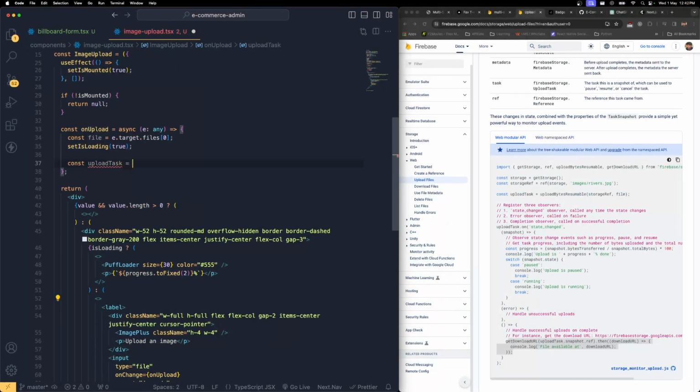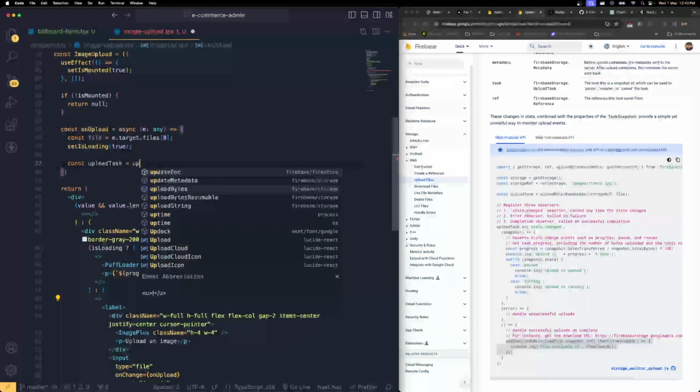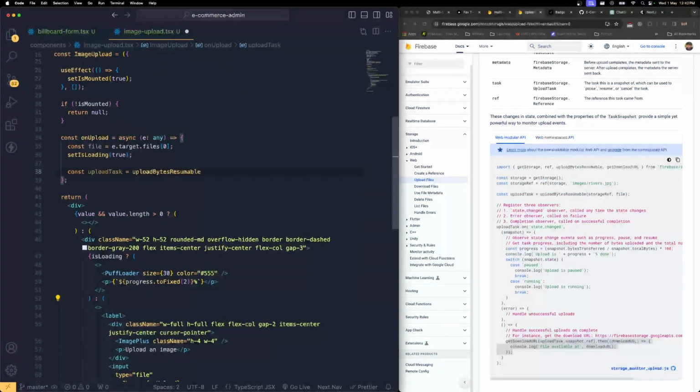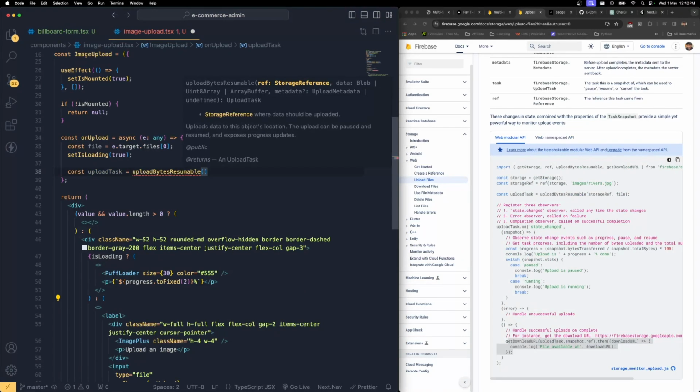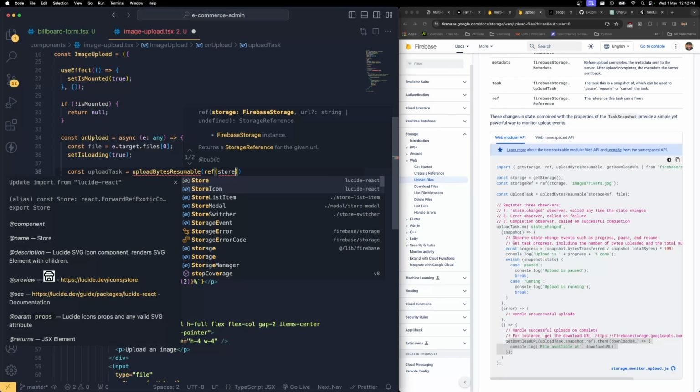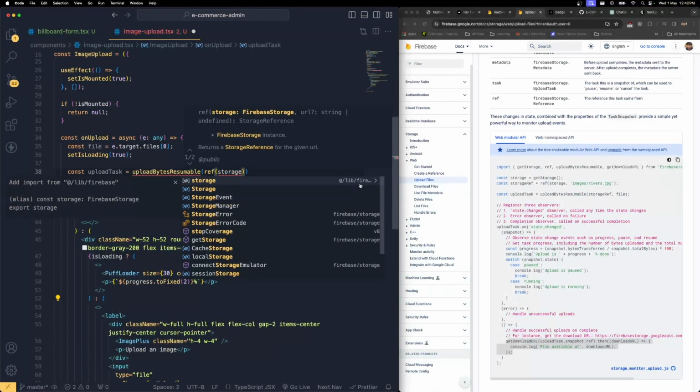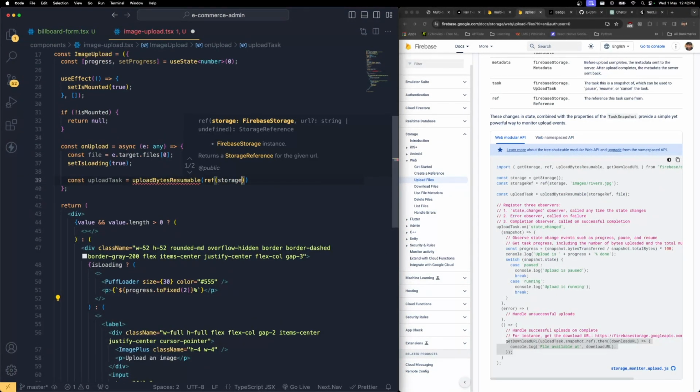Then right after that, what I'm going to do is I'm going to create const upload task, just exactly the same way what they are doing over here. All right, so upload task, and I'm going to use this upload bytes resumable from the Firebase storage. Open it. Then we need to use the reference object to create the storage reference, and we do have the storage instance which we created from our library Firebase. By the time when you are exporting the database instance, we exported the storage instance also. So I'm going to create a new folder called image in that, and then slash,